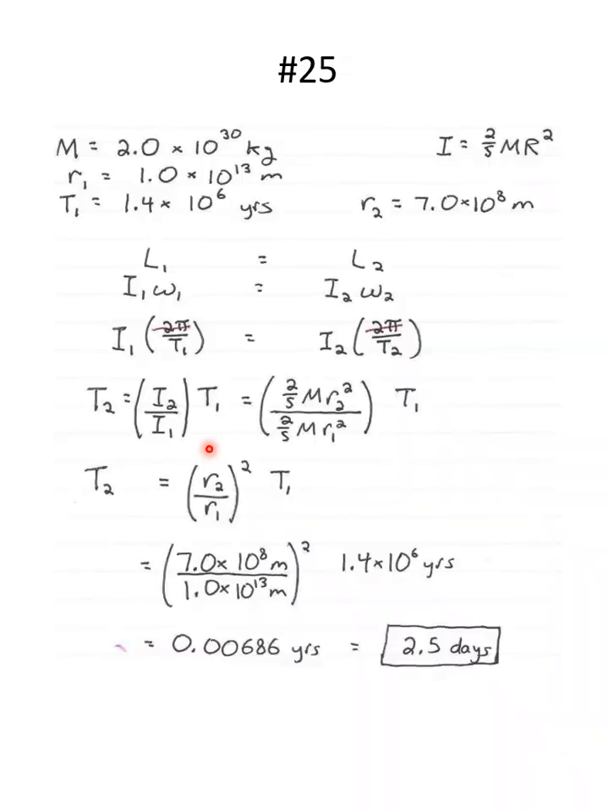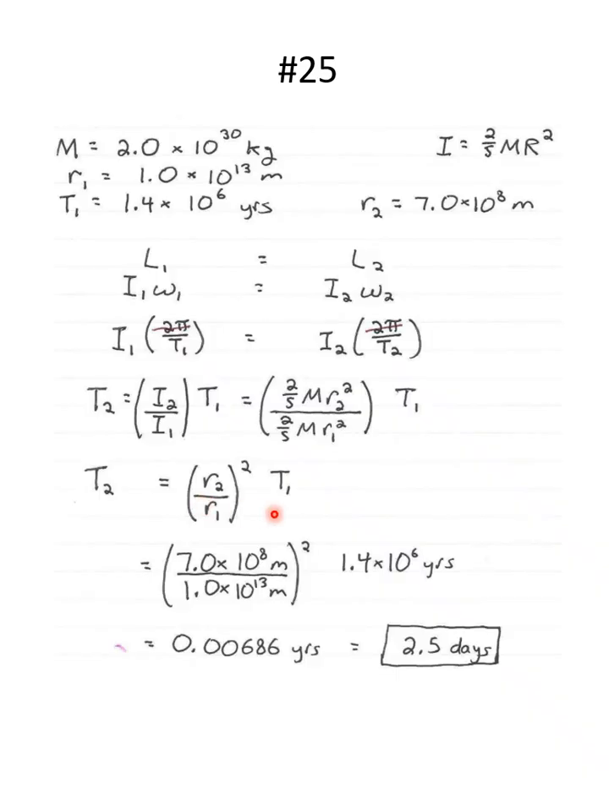And now let's figure out those rotational inertias. So I2 is 2/5 m r2 squared. I1 is 2/5 m r1 squared. And the mass stays the same. So the 2/5 and the m's will divide out, and we're left with the ratio of R2 over